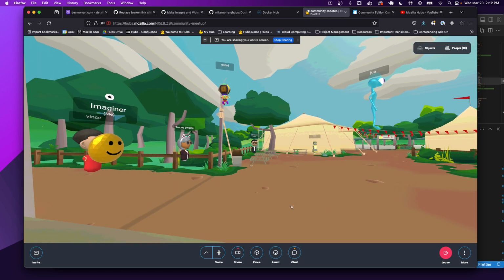And then finally, we'll go over how to add a custom client, a custom version of Hubs, to a Community Edition instance and begin making some